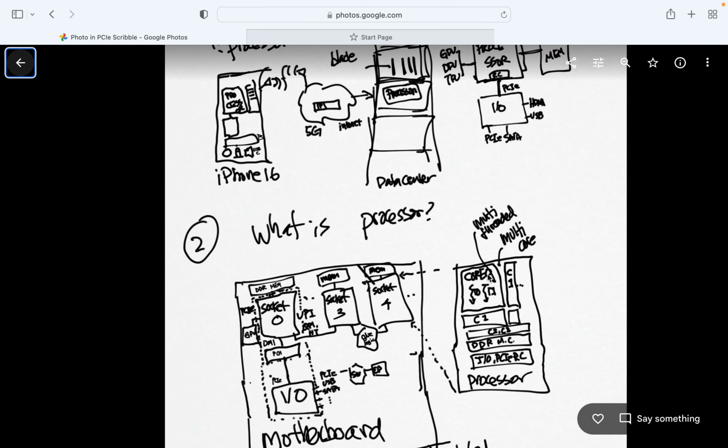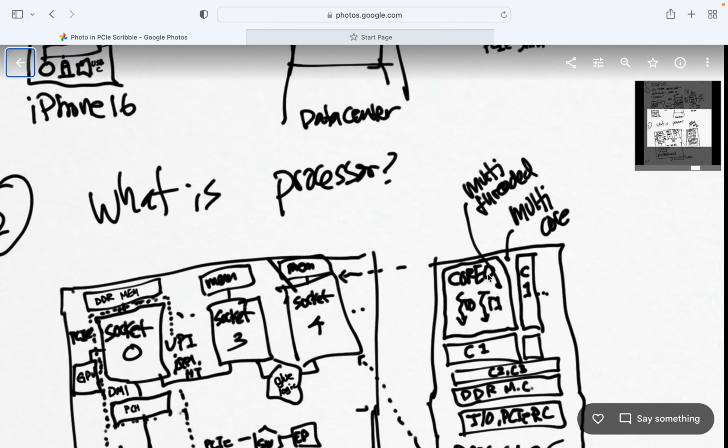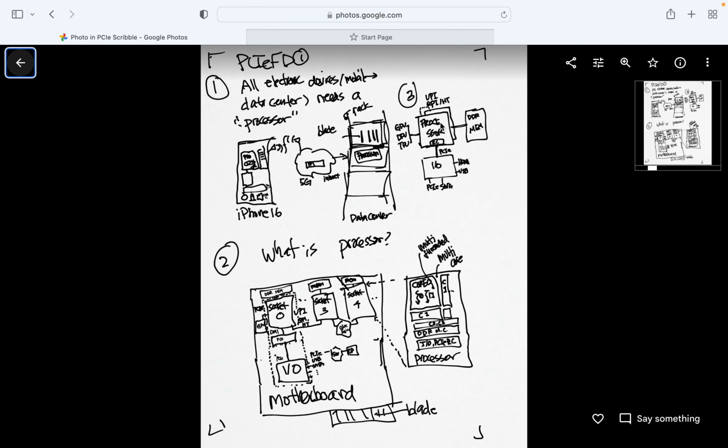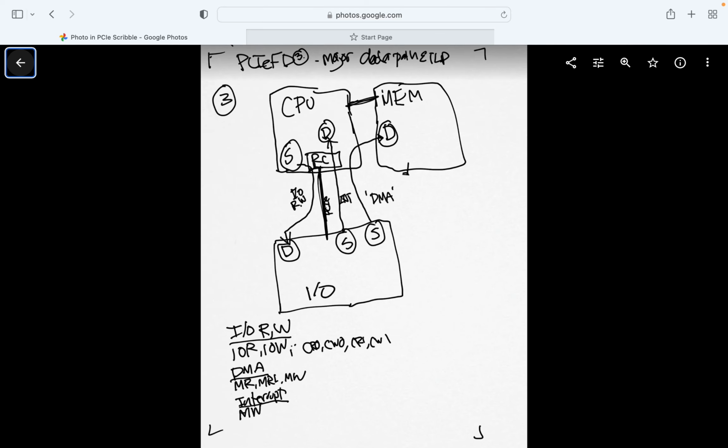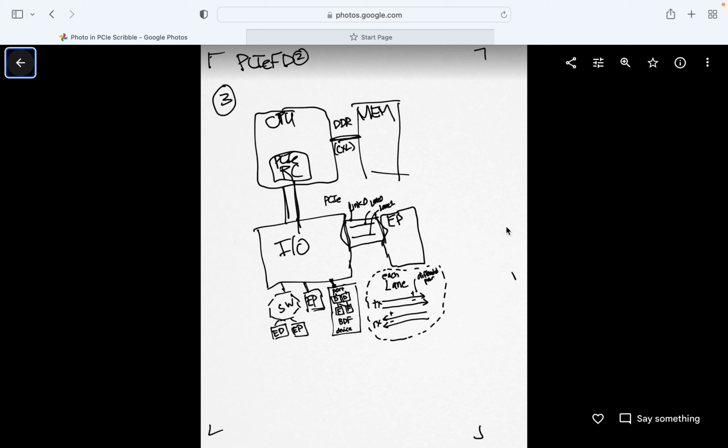And on the upper side here, you can see that a processor directly connects to memory and can connect to GPUs, DPUs, and TPUs through PCIe connections as well. All right, and